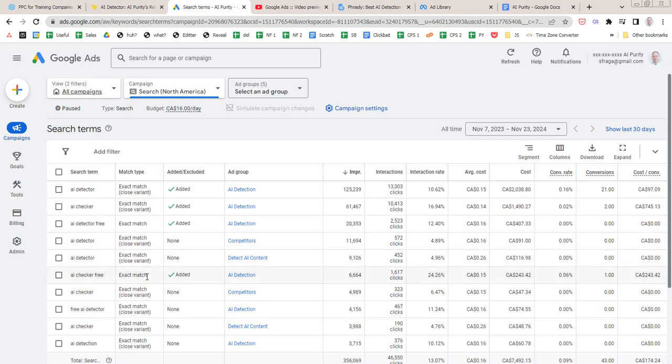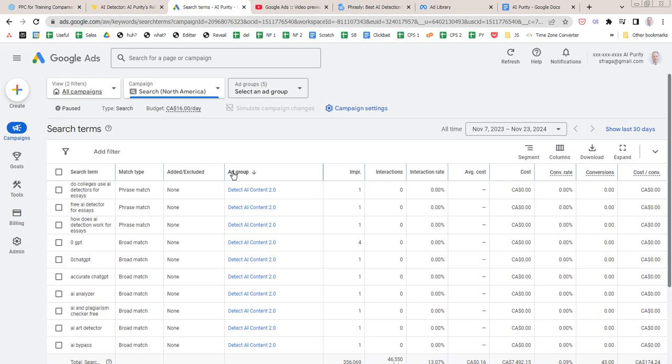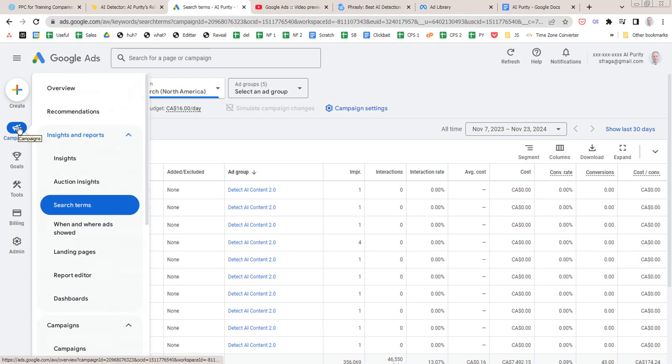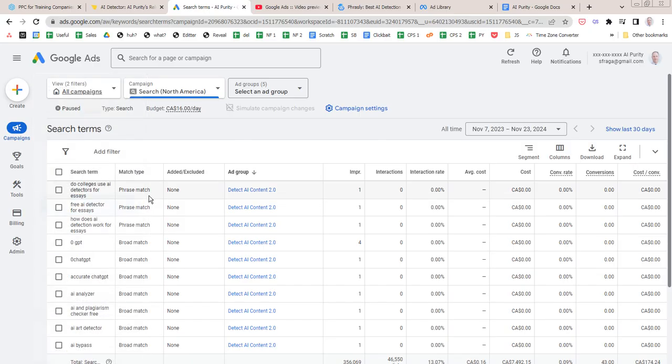Okay, so you have exact match, or I'm sorry, let me sort by maybe ad group. Yeah, these are all the phrase matches. Oh, there's broad match. All right, well, I'm messing this up, but I do remember that one of these had mostly broad match and one of them was phrase match, but I'd have to go in and find them and see what they're set as.